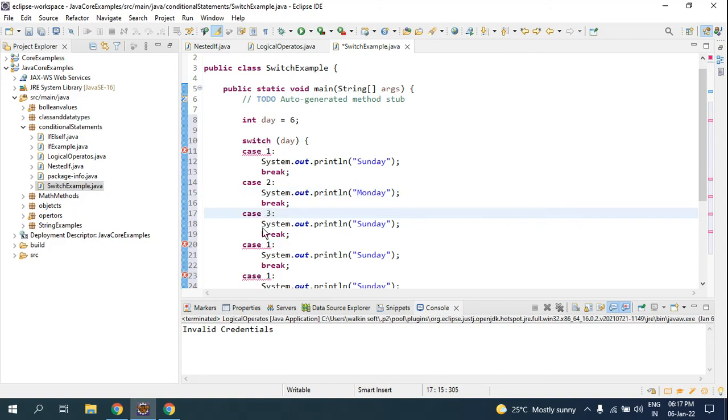You can have any number of cases based on your condition. Suppose it is for a year, taking the first month of the year January, you can have 12 cases. Like that you can have multiple cases based on your requirement. I'll make it Tuesday. I'll make this 4.